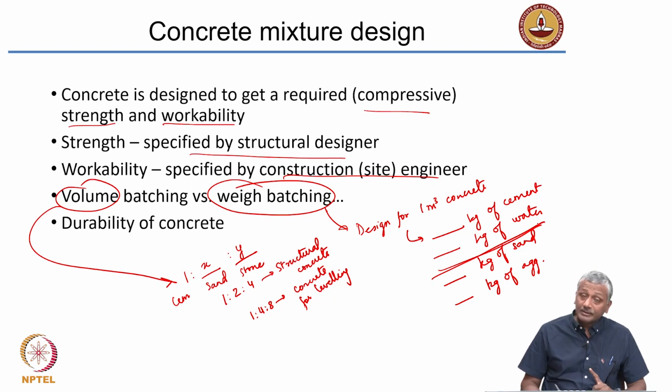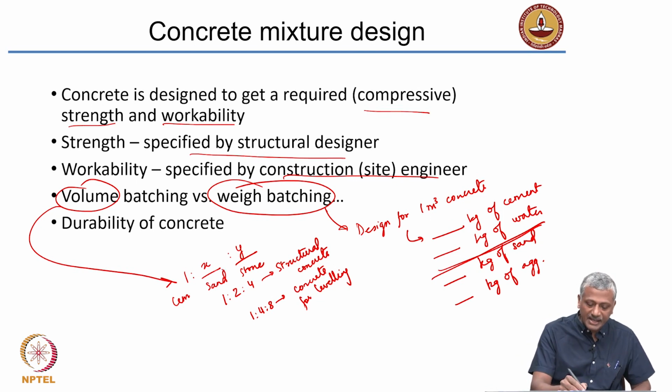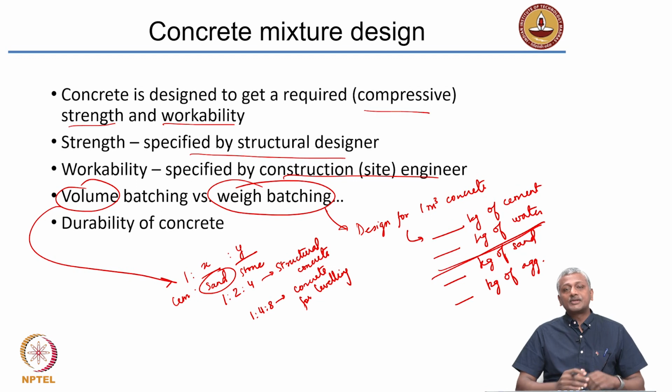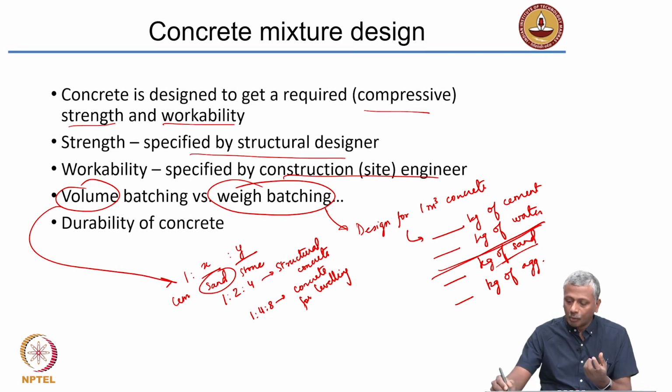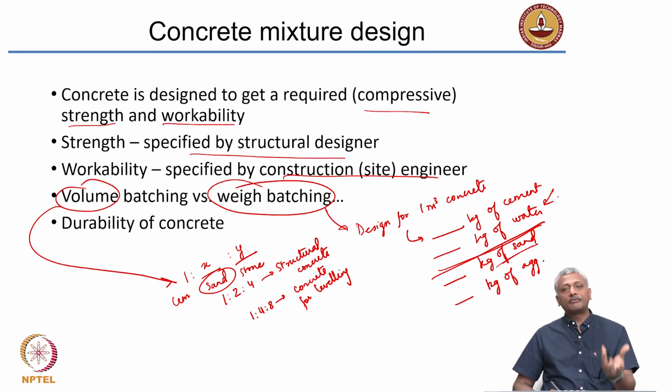batched concrete. Next, please remember that we talked about this fact called bulking. So, if you are measuring sand by volume and sand has gotten wet the previous day because of a rain, the volume that you measure will not actually have the right quantity of sand that you want to use. A lot of that volume may be filled with water. Okay. So, you are not going to be able to compensate that if you are just doing volume batching. In weigh batching, you can simply take a part of the sand and dry it in the oven and find out how much water is actually there and remove that water from the water that you have calculated for the mix.